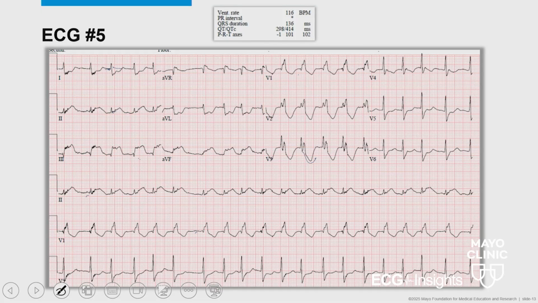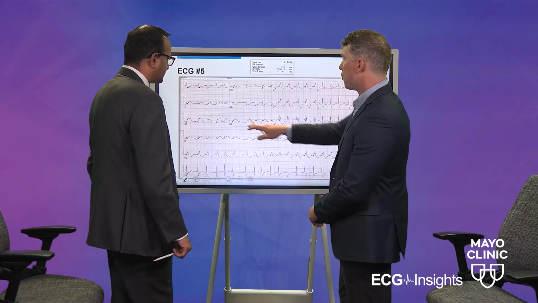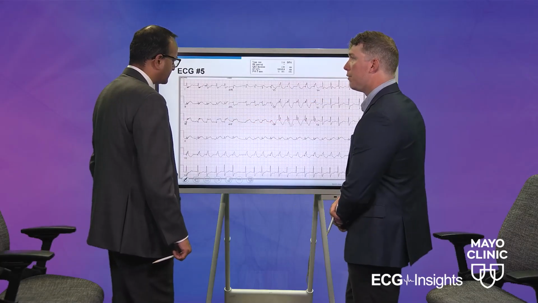And the prominent T-wave inversions, what you are seeing here is just addition of the reciprocal changes, what you are seeing from the inferior leads. Yeah, because on one of the previous ECGs, you mentioned that the right bundle is primarily fed by the LAD, and we're talking about more of an inferior wall MI.